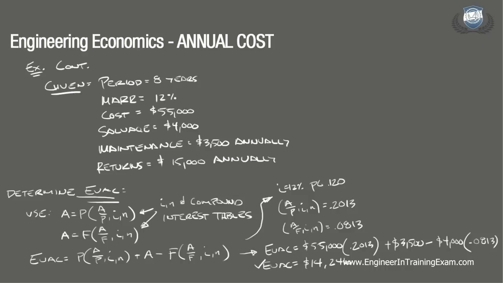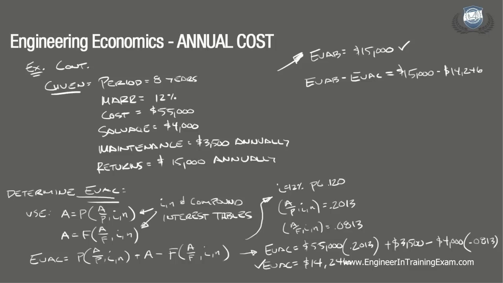Now for the second part, we need to determine the equivalent uniform annual benefit of the estimate. This is easy enough since the problem states that the firm would generate $15,000 annually in returns. Therefore, our equivalent uniform annual benefit is $15,000. The investment is considered acceptable when the EUAB is greater than the EUAC at the desired MARR. So that gives us $15,000